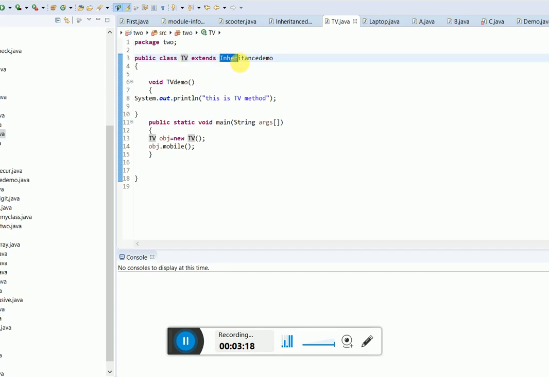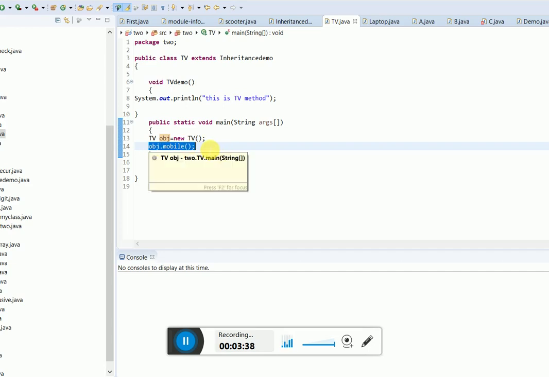It is inheriting the properties of InheritanceDemo. So now through its object it will be able to call the mobile function, which is actually the function of the InheritanceDemo class. So all the child classes which inherit the parent class can call the method of their parent class through their object.